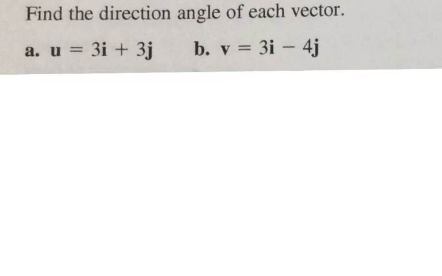Tangent. So we could say tangent of the angle equals the opposite side over the adjacent side. And now how do we solve? That is 1. How do we solve for theta? We're going to take the inverse tangent of both sides. Inverse tangent of tangent cancels. I got the inverse tangent of 1, which is